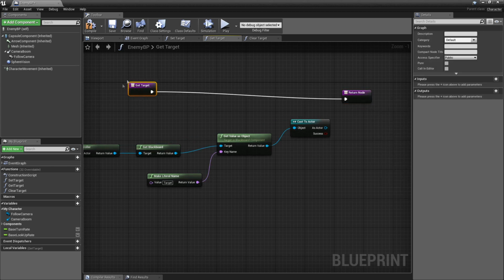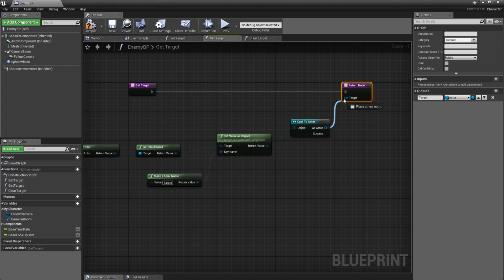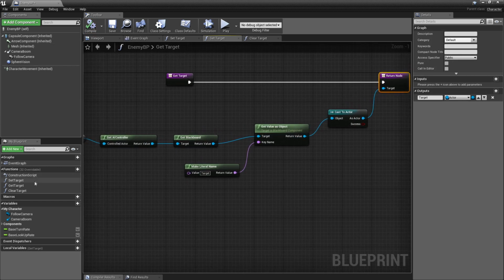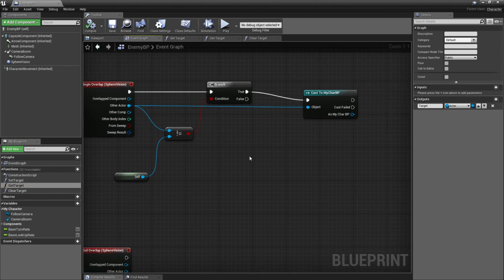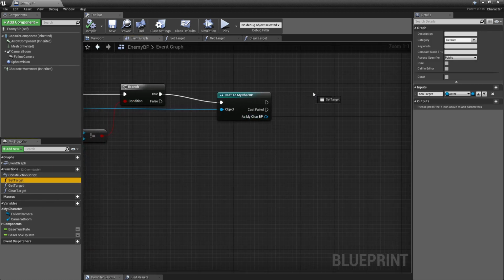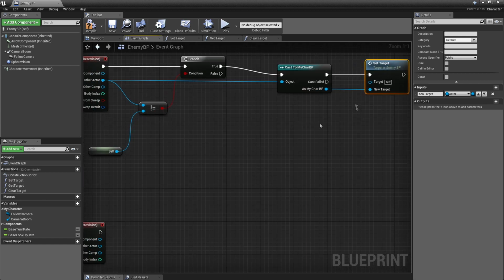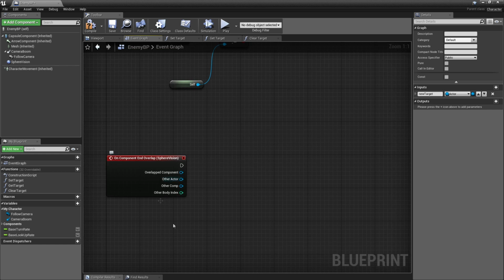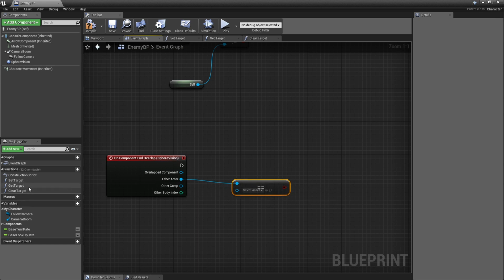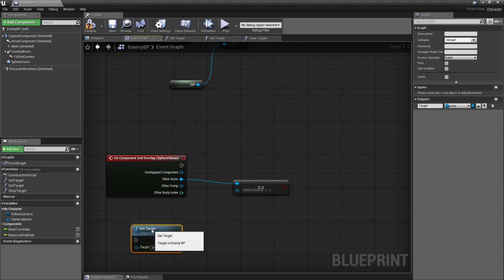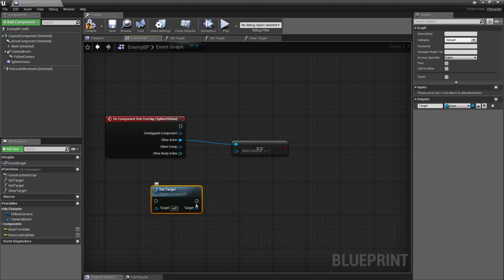For this to work, you want to go over here in the function and add output, and the output again is going to be the target, and it's going to be an actor. So plug this over here, and now we have our three functions to set, get, and clear the target. So what we want to do is, after this cast, we can set the target to the character blueprint, and when we end this task, we just want to check if it's equal at the end overlap. We're going to get the target,